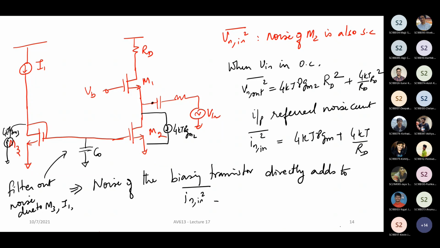Now, I1 also will be some transistor, right? Like you will have some band gap reference and you'll have some current mirrors. And that is the thing that is going to come. Now, in order to filter out those noise, you put a capacitor here. The reason you can put a capacitor here and not anywhere else is because if you put a capacitor in other places, you're going to compromise on your bandwidth, right? But this particular point is just a bias line. There is no need for any high frequency components here. And therefore you put a capacitor and filter out all the unwanted noise components due to your mirroring on the left hand side.